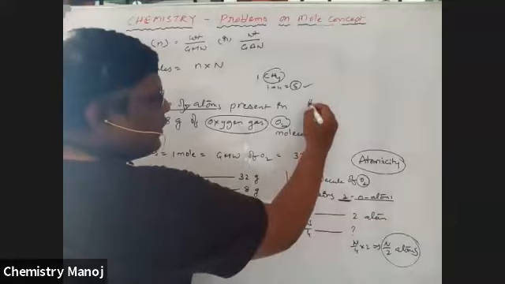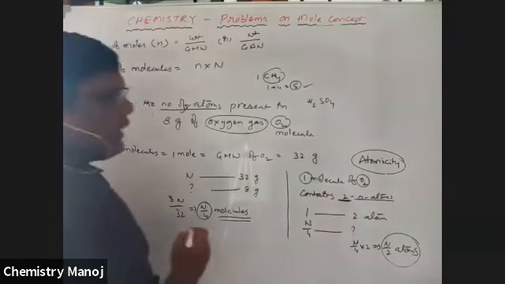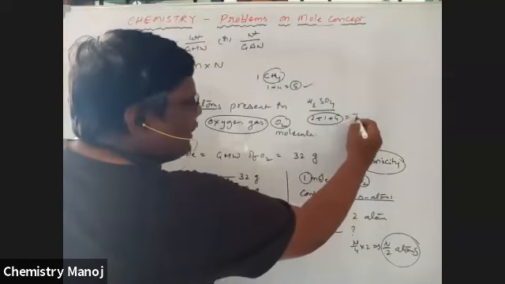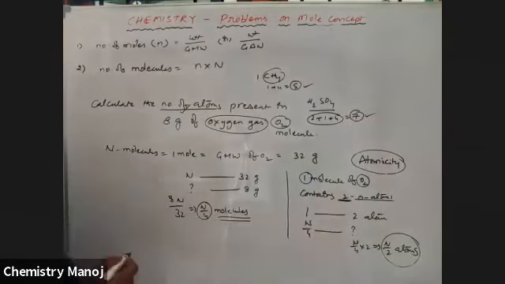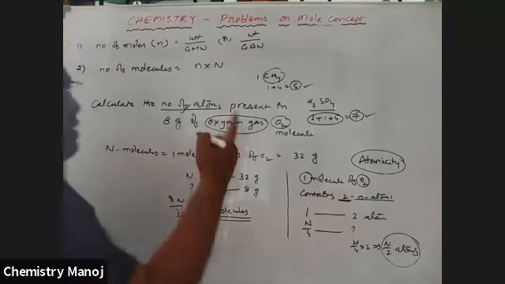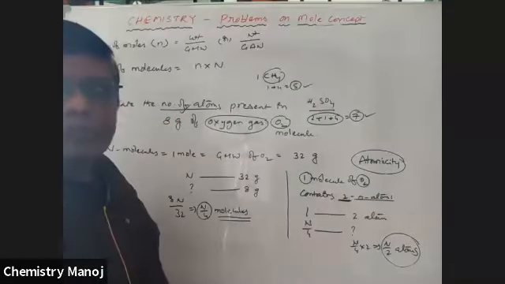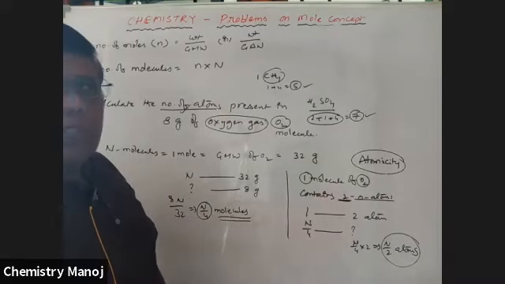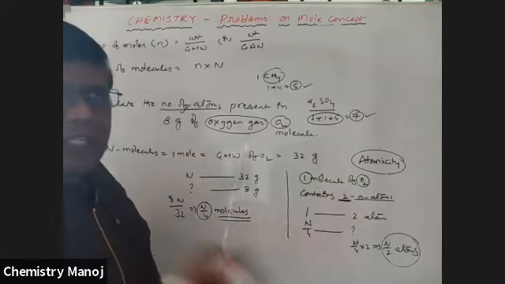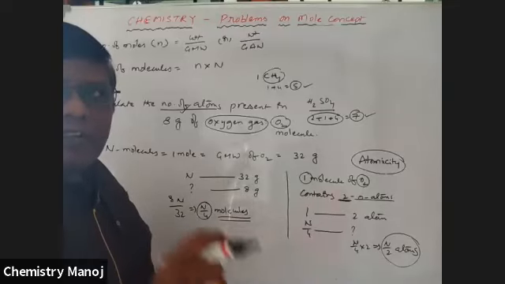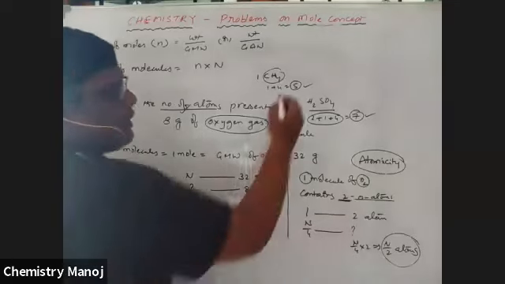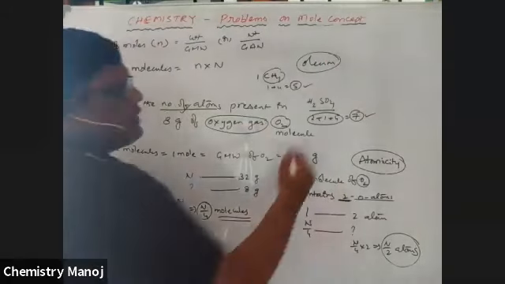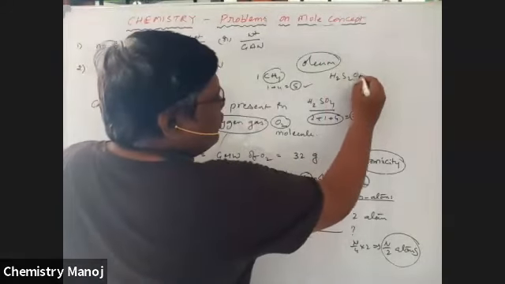Now, I am going to take H2SO4, sulfuric acid. Its atomicity is equal to 2 plus 1 plus 4. Overall, it is 7. That is, 7 atoms are present in one molecule of H2SO4. 5 atoms are present in one molecule of methane, so the atomicity is 5. So what is the atomicity? Number of atoms present in one molecule of the substance. For example, take oleum. What is its formula? Oleum is H2S2O7.